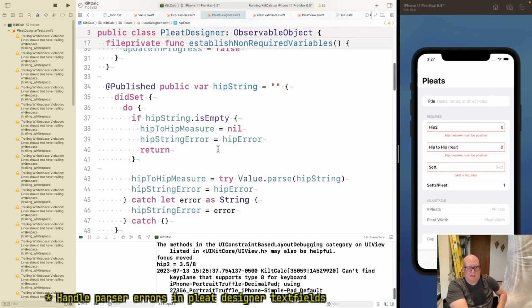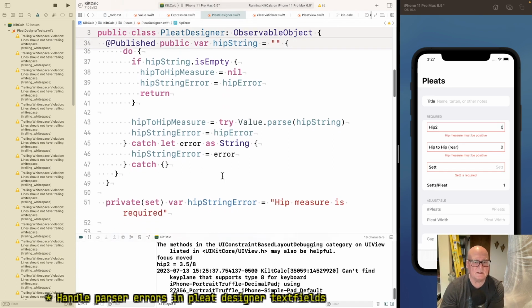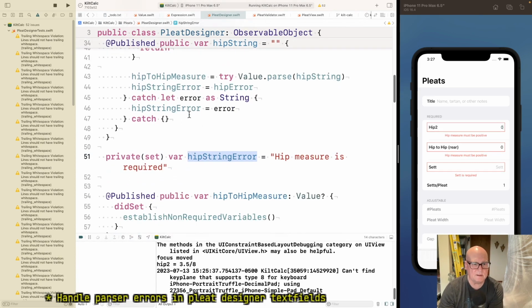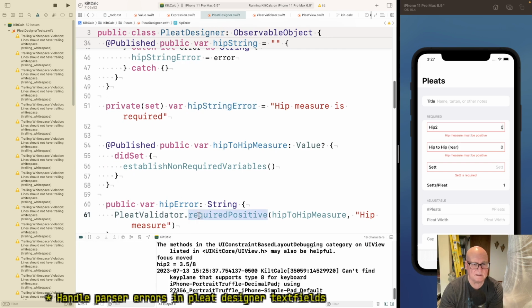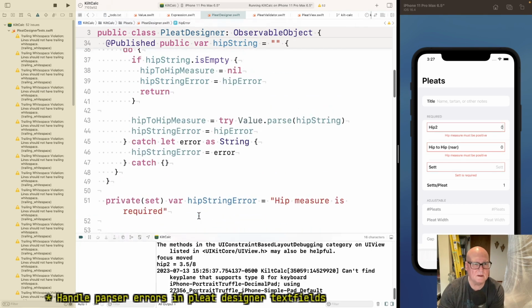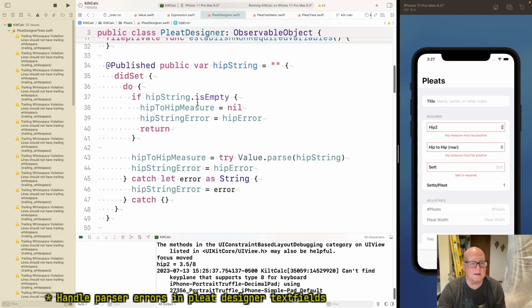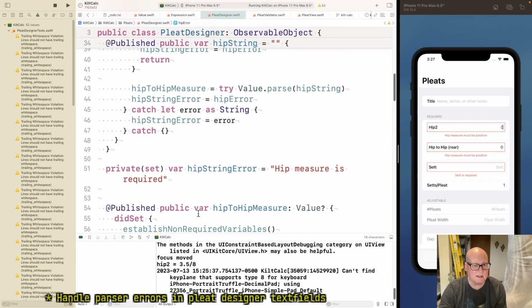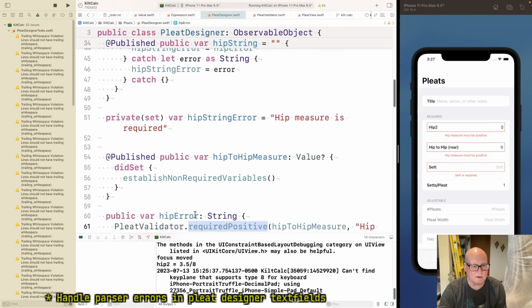Now, if the hip string is empty, hip to hip measure is fine, but it's got to be set. Because this is the one we're looking at, but it really would like to look at this. Okay, so I guess I want to say, if it's empty, hip measure equals nil, assigning that should take care of hip error.